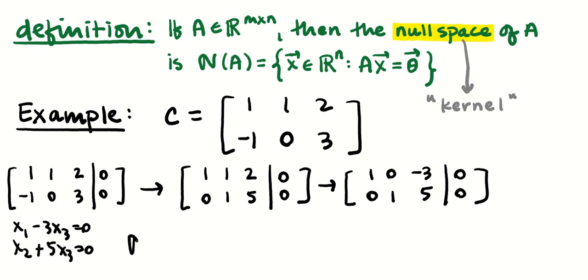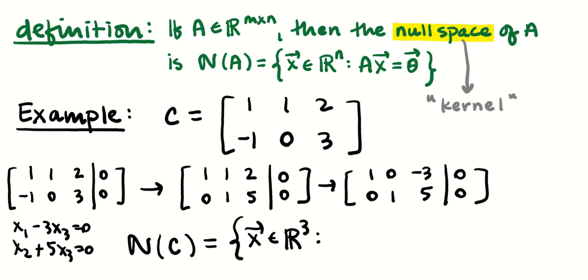So I'm going to say that the null space of matrix C is going to be the set of all vectors x that are three-dimensional, because I've got 3 columns in my original matrix, and because I've got 3 variables that I'm kind of dealing with in my solution space off to the left. Okay, so it's the set of all x in R3 for which x equals